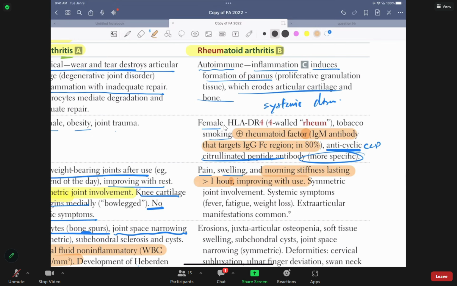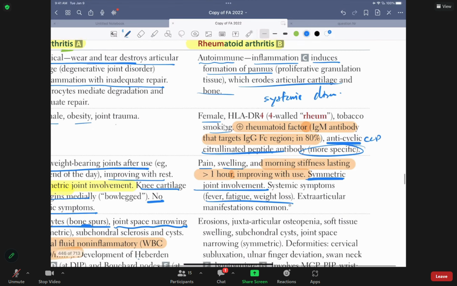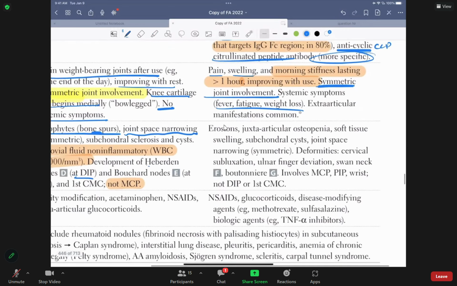Okay. That's the idea. The next, since it's a systemic disease, there is symmetrical joint involvement. So they will involve the right and left side at the same time because it's a systemic disease. They're going to have all the systemic symptoms, fever and everything, folks. You see? They're going to have fever, fatigue, and all the systemic symptoms. Now, if you see,